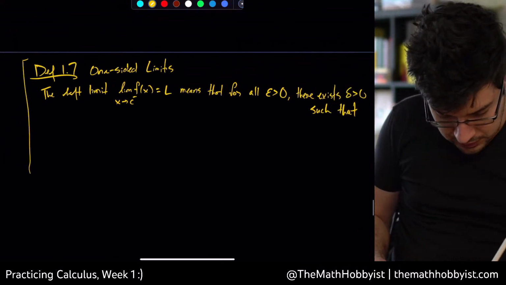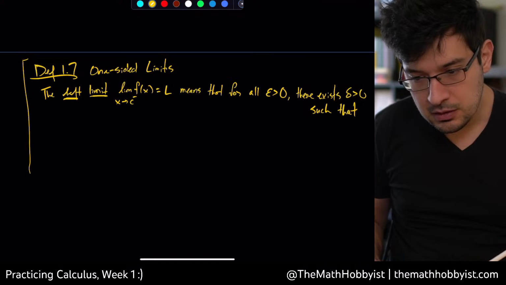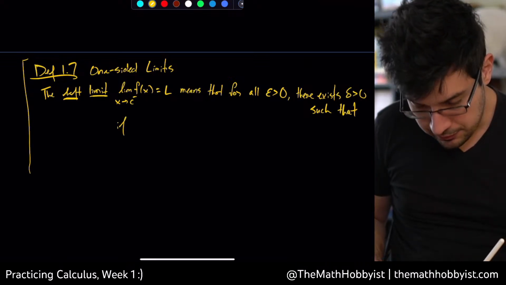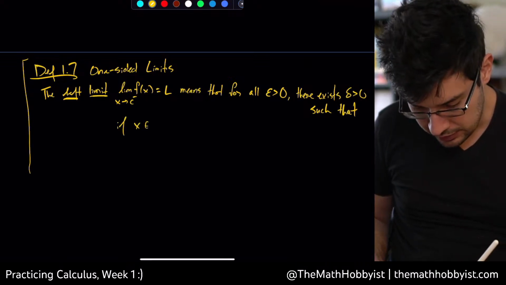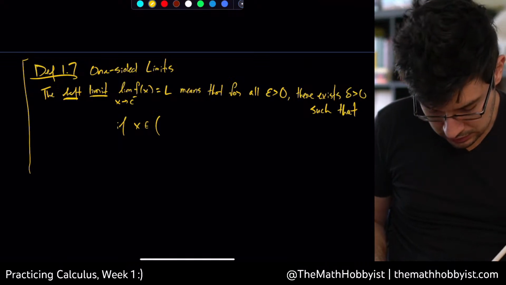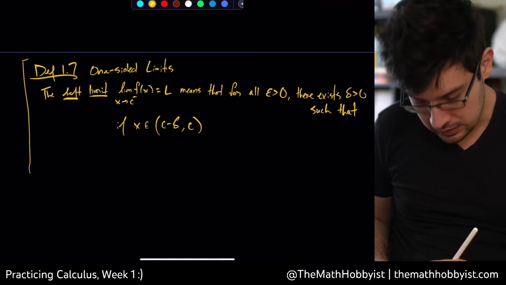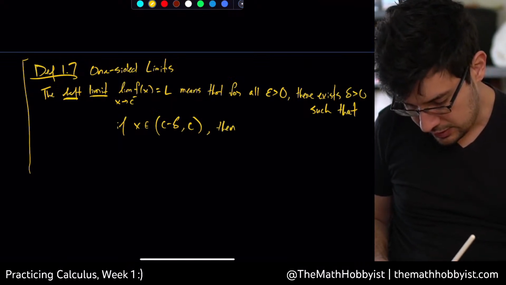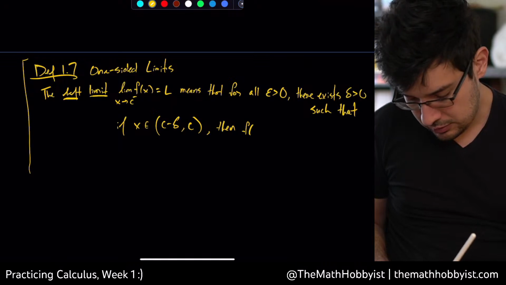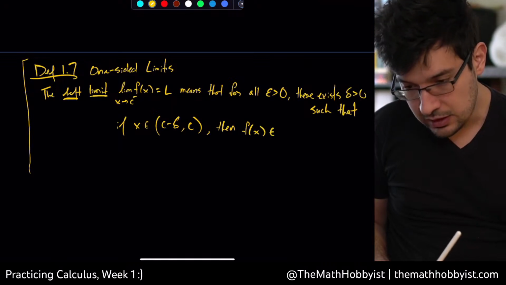So we have a definition of a left limit. If x is in the left neighborhood, c minus delta to c, then f of x is in